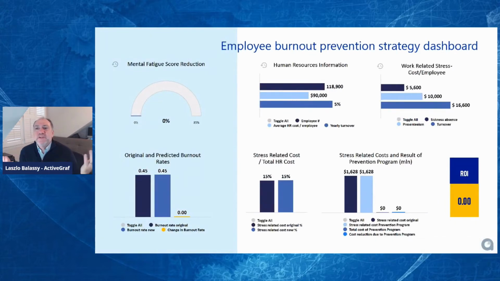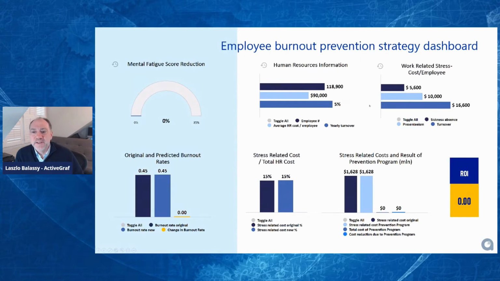So this employee burnout prevention dashboard looks just like any machine learning based derived regression analysis. It basically uses 22,000 records to derive a regression through machine learning, to use that as a forecast for what can happen in terms of the cost of stress in a company. And this small tech company that you might know that we've run this machine learning algorithm on and run forward through our dashboard, shows that their human resources, they have 118,000 employees. Average cost of the employee is 90,000 per year, and they have a 5% churn.